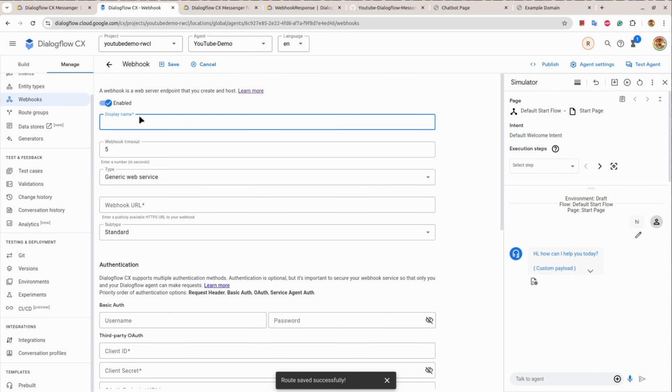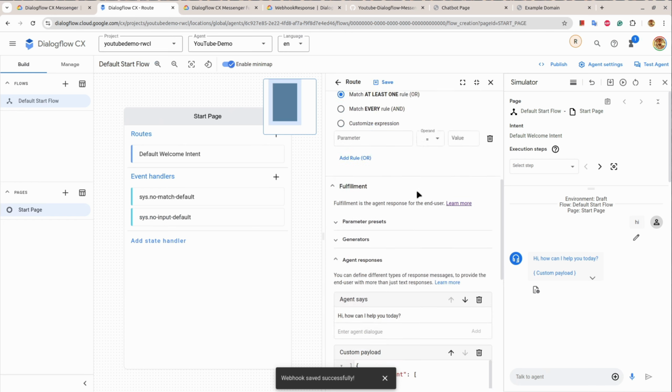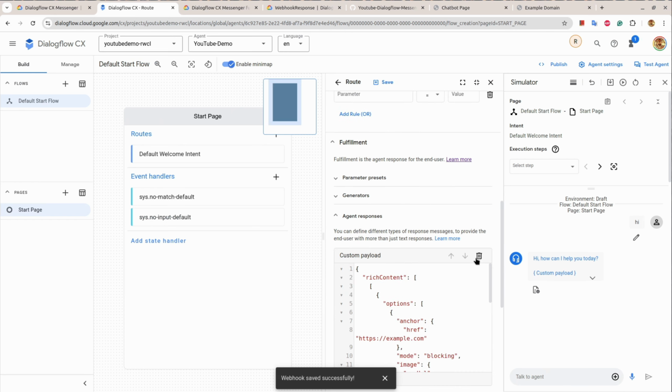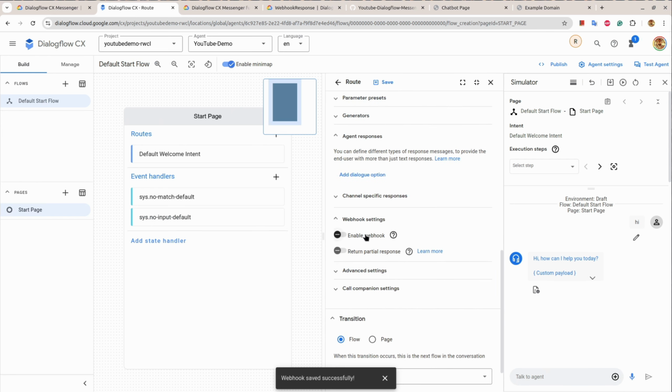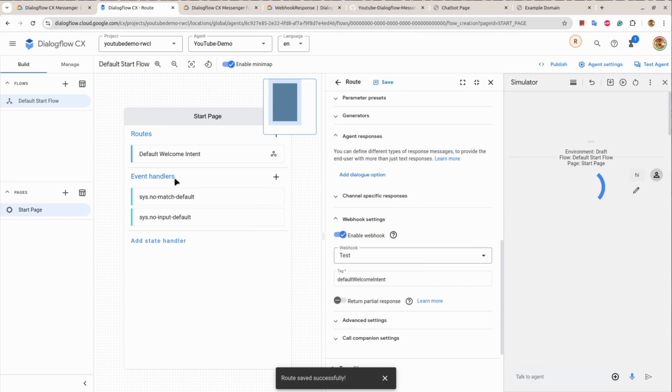let's say test. I'll provide my URL. This is the URL on which we will receive a POST request. I'll come here, start page. I want to enable webhook. I'll say test, I'll say default welcome intent, and I'll save this. And hopefully if I replay this,